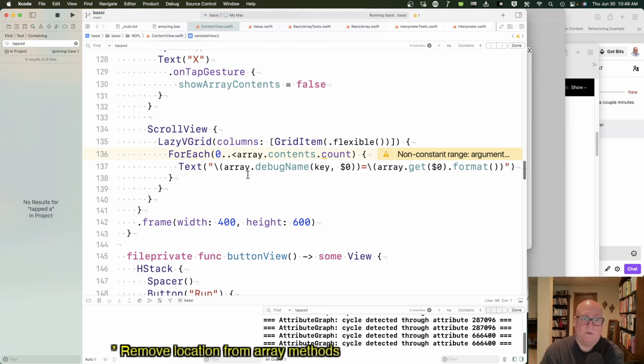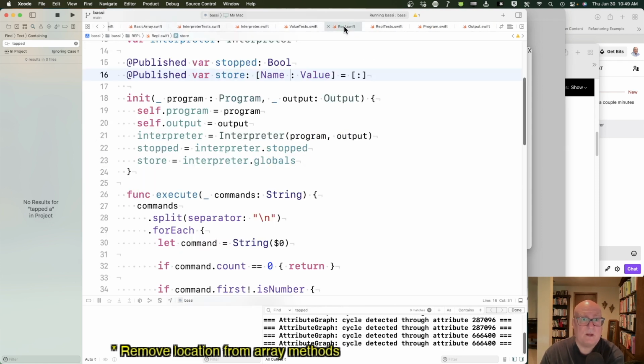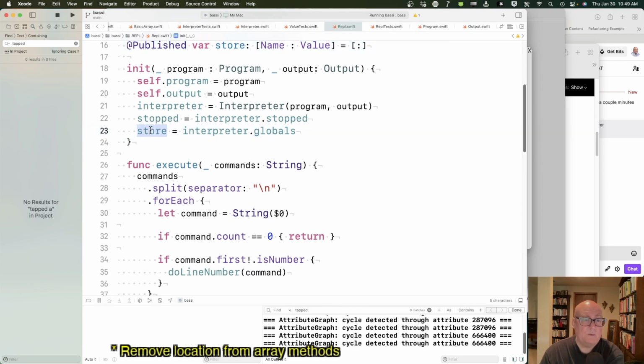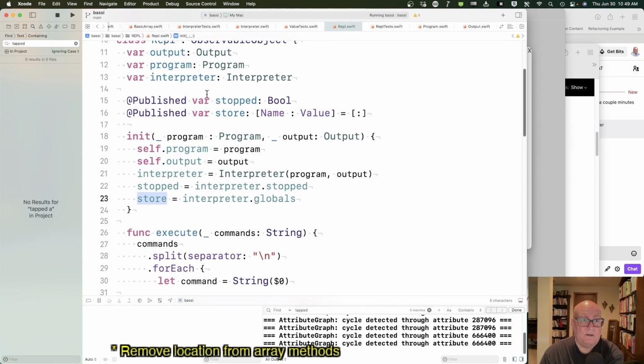I guess we could push this all into our array like we did debug name. We could make a structure that holds all of the variables. We kind of do that, I think, right? And we copy something in REPL. Yeah, we pull store and we mark that as a published thing. Now, is a hashable a random access collection? I don't know, but